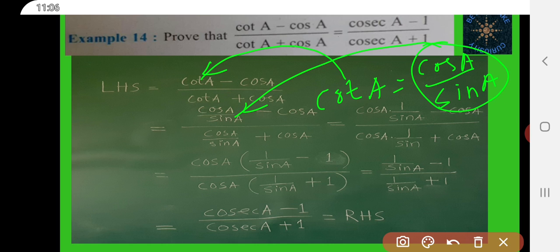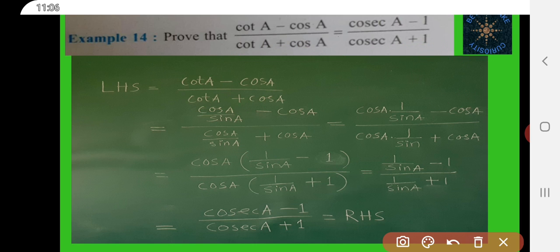Cot A, near cot A, so you can write here also cot A. So cos A by sin A minus cos A, here cos A by sin A plus cos A is equal to,